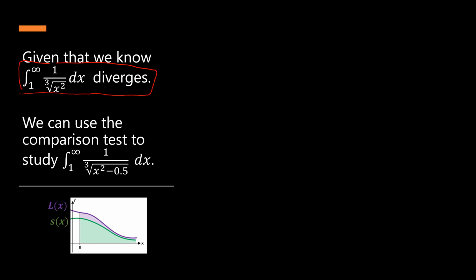So we know for a fact that this one diverges. Now, how are we going to use that to show that this one right here is going to converge or diverge? Well, the comparison test said if this thing diverges, and let's say